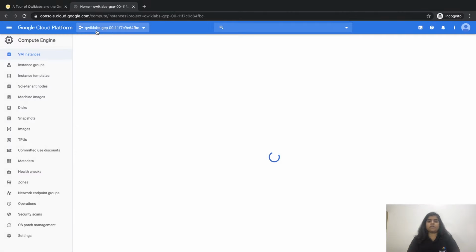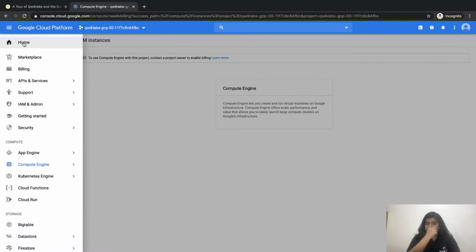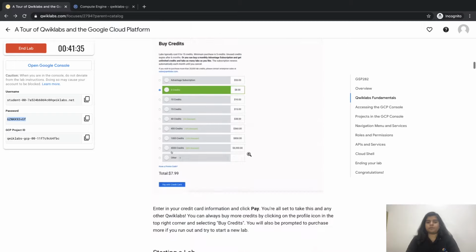I'll select VM instances, and here is my VM instances page. So this navigation menu will help you find the services. Now let's move ahead and see this